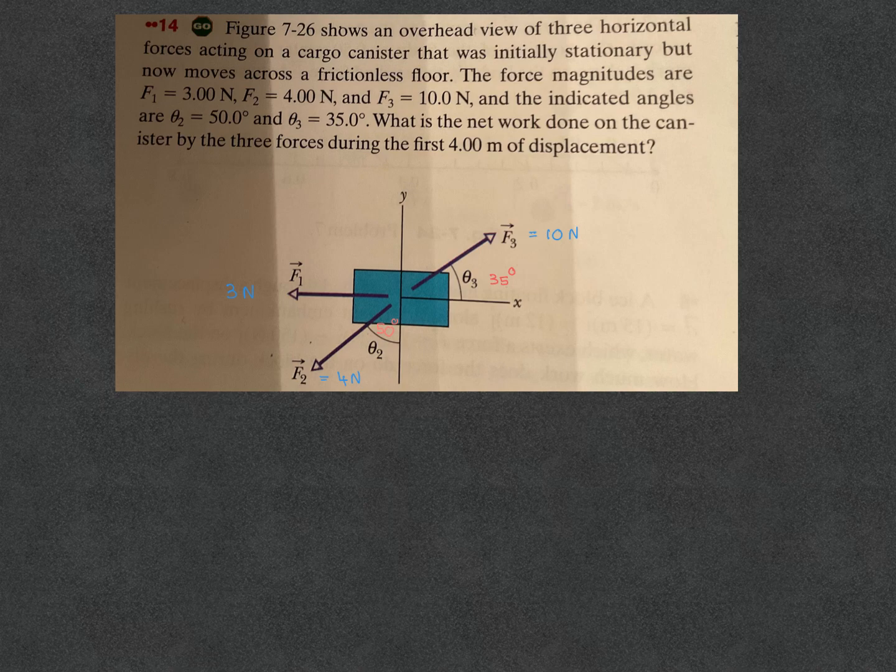Hi guys, in class we discussed finding the net work using two methods. The first method was using each force and finding the individual work done, like WF1 in this case, WF2 here and WF3. So pause the video first and read the problem, and then we can start again. The second method that I discussed was W net equals F net